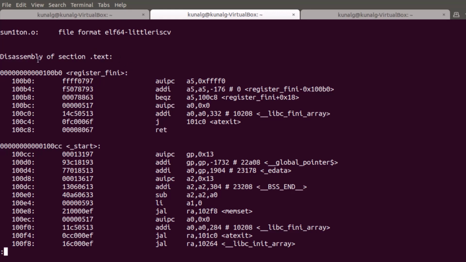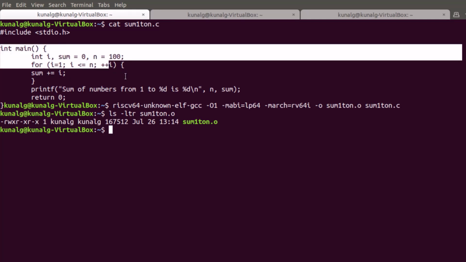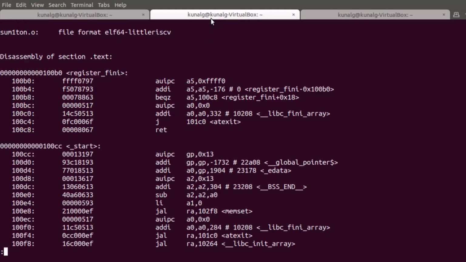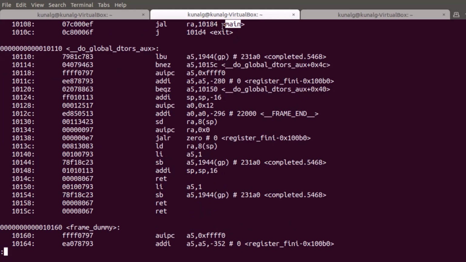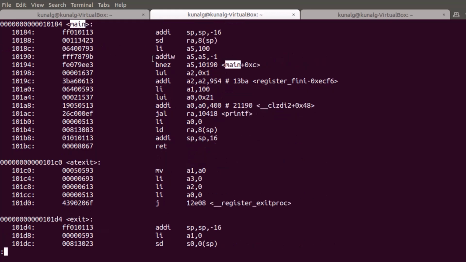This is a very huge section of code, and the section which we are interested in is the main section. So let's search for main. It comes over here. No, we should find main somewhere over here. So let's press N, and it will show the main section over here. The address of the main section is 10184, and it's byte addressing, which will be clarified in the upcoming videos. So we have 1 2 3 4 5 6 7 8 9 10 11 12 13 14 15 instructions